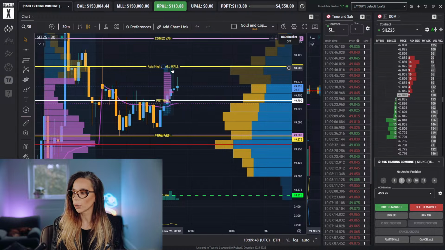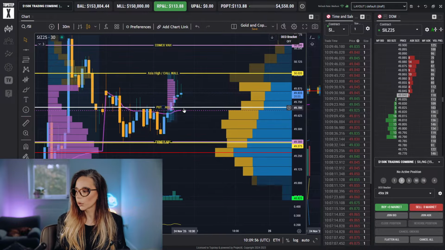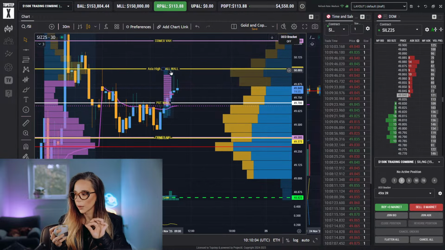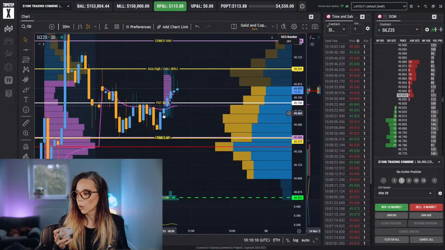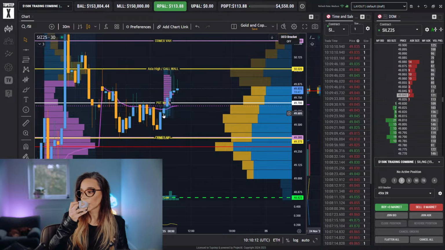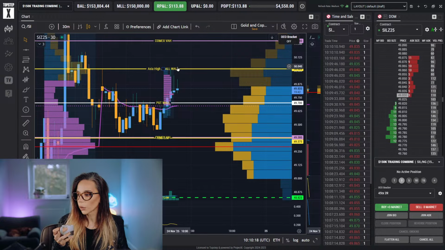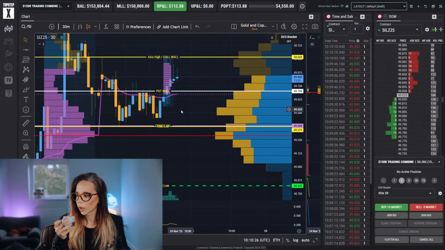Really want to see this poor high taken out. So that would be my first next trade after the attempted move for the London Open. And slight bullishness here was that they went up to the Asia high, reversed from it, but never actually got back down to the London Open price, which was 49.60. So I would like to see the London Open price tested. In the most ideal world, we would see smash of 50, reversal, and then London Open tested. So that would be the trade that I want to see.